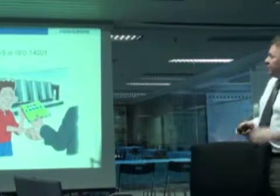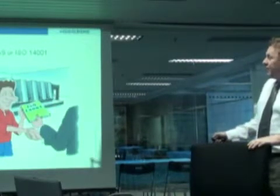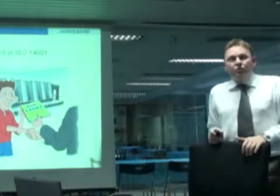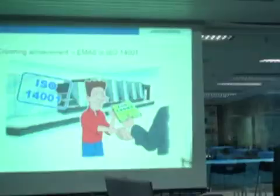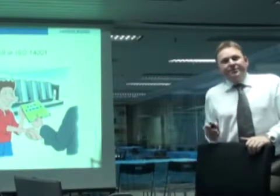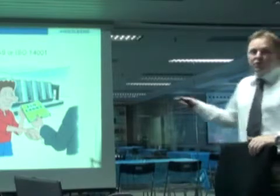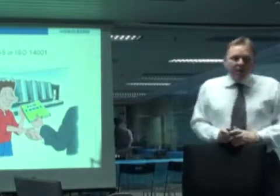If you can implement all of these things, you'll have the standard ISO 14001. And the ISO standard 14001 guarantees that you will get business from those big companies that I mentioned earlier on. If you do not have that, you have no chance. Not that it matters for you, it matters for your students and the companies that they work for. But it's also good to have ISO certification 14001. And